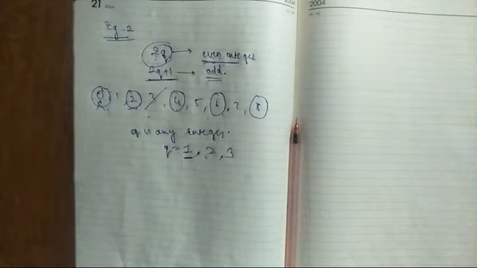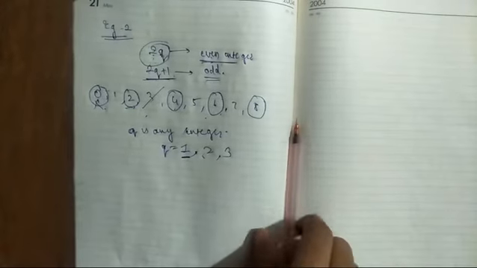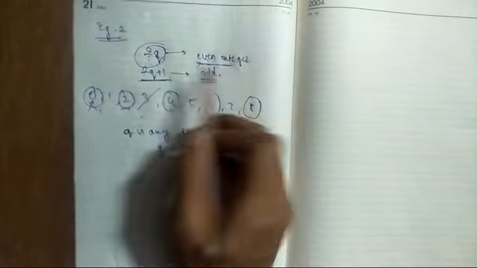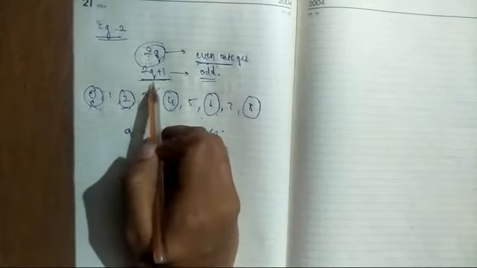Today we are discussing lesson number 1, solved examples of Euclid division lemma. We will start with example number 2. Let me read the statement once. Show that every positive even integer is of the form 2q and every positive odd integer is of the form 2q plus 1. So even integer is of the form 2q, odd is 2q plus 1.